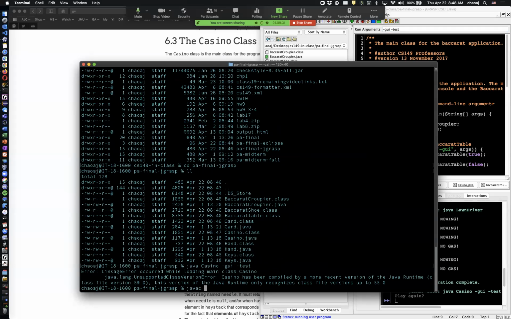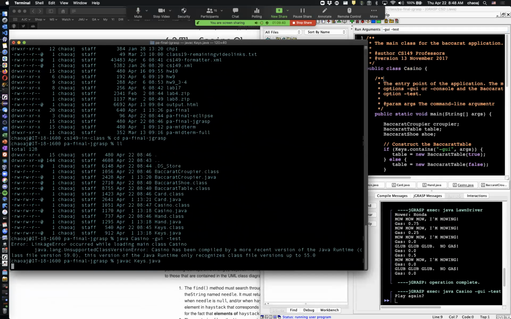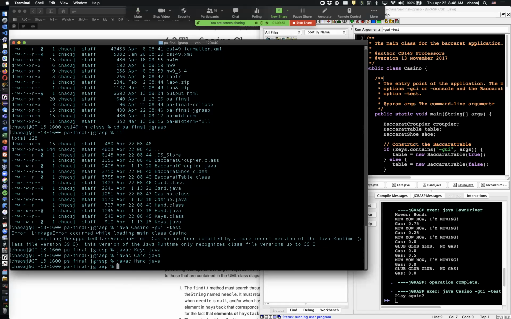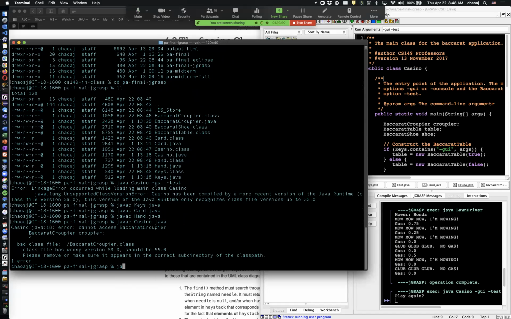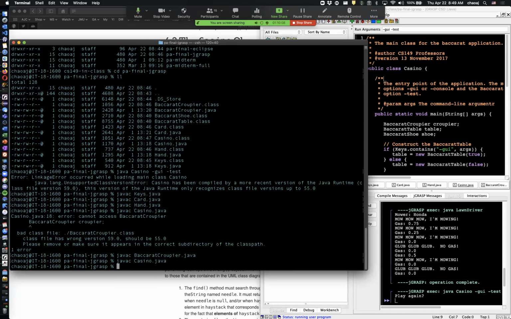Let's go Java C. Which one was it in the order of these? Let's go Java C keys.java. And then I'll go Java C card.java. So I'll recompile these by command line and go hand.java. Java C casino. Java C Baccarat Croupier.java. Okay, then I need to do this again, casino.java. Great. Okay, now I can go Java casino